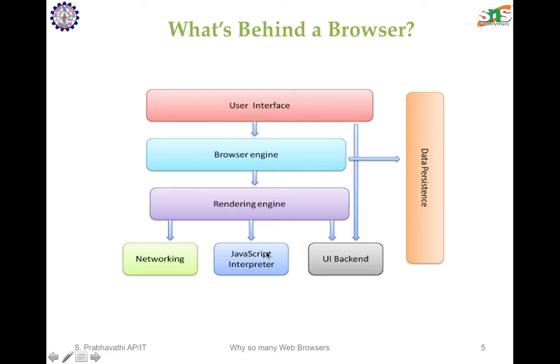Okay, then coming to data persistence, the data storage. Basically, this is the persistence layer. The browser may need to save all sorts of data locally, such as cookies. The browser also supports storage mechanisms such as local storage, IndexedDB, WebSQL and file systems. So these are the things happening behind the web browsers. The core part is the rendering engine, which does everything for us between us and the web server.